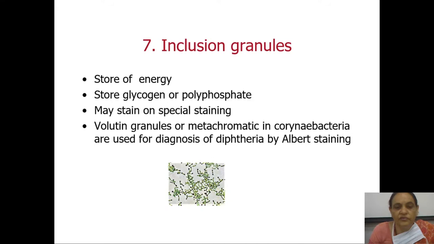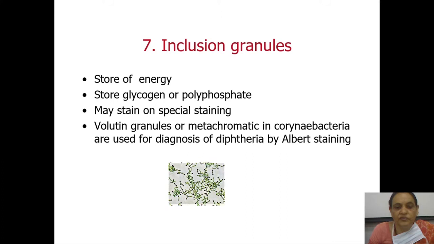The other structure is the spores. Now spores, not all bacteria are sporulating, but if present, that is a very highly resistant resting stage in some bacteria. They can survive long phases of adverse environment. You know about Clostridium tetani, Clostridium perfringens, botulinum. So these are some of the anaerobes where it is known, because anaerobes cannot survive in the presence of oxygen. So to stay in the adverse environmental condition, they can survive as spores. Once the conditions become favorable, they germinate back.